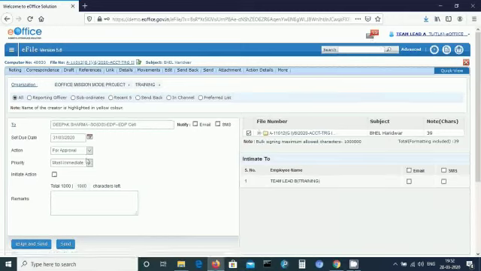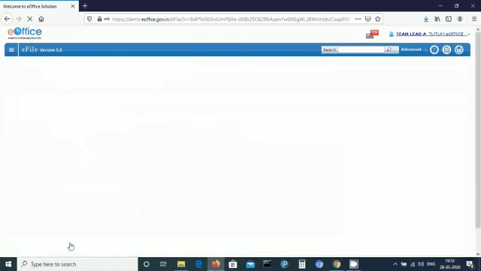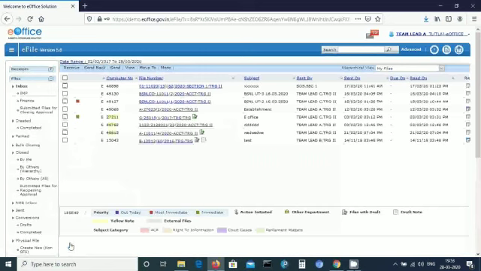Action for approval. Priority, you can select the priority, out today. Initiate action. By selecting this checkbox, you are able to see the file moving to the person. Now send this file. If you want to see your sent file, click the send button in the file inbox. Let me select send.